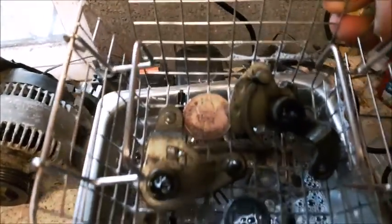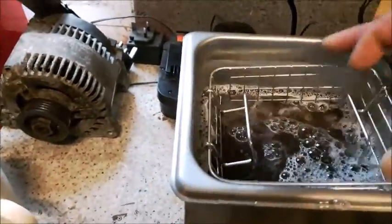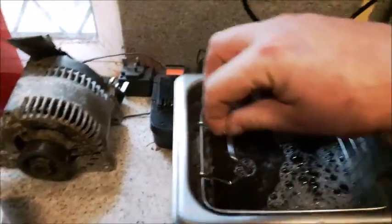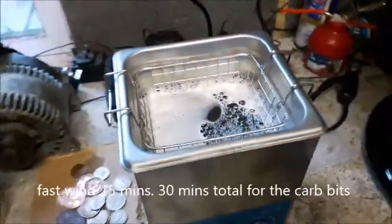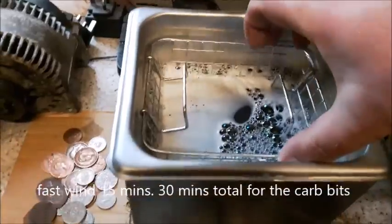The penny that's in there was the very dirty penny that was half clean that I pulled out. As you can see, it's further cleaned it. There's less dirt on it now. But those two bits, I'm quite impressed with that. So I'll put those back in for another 15 minutes. And it's just pinged. So this is half an hour of